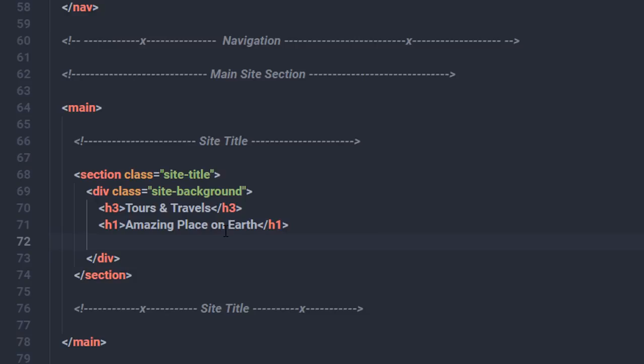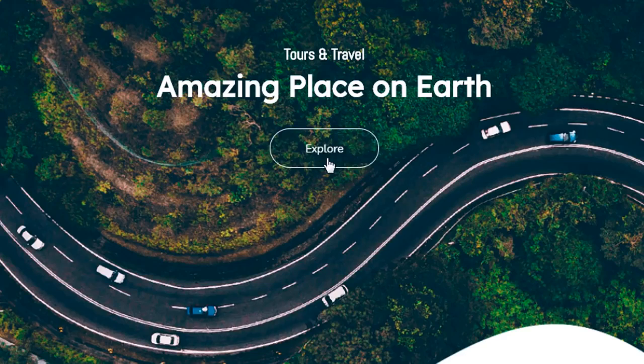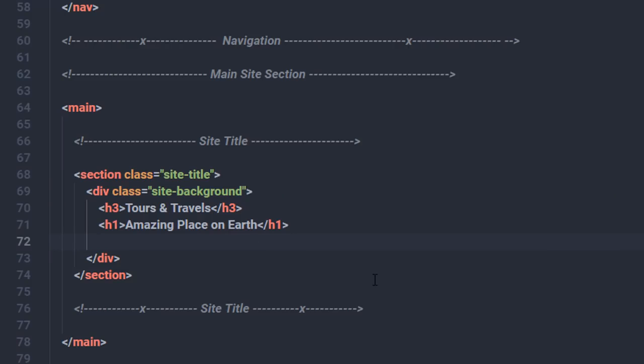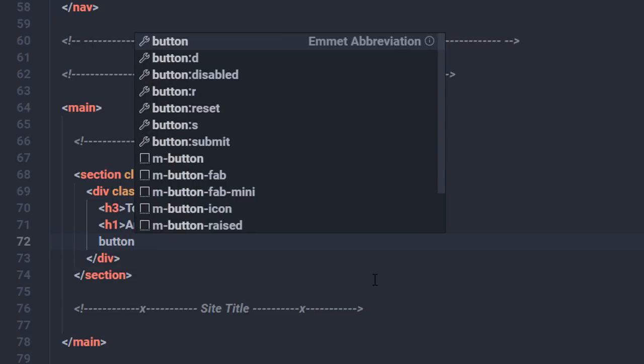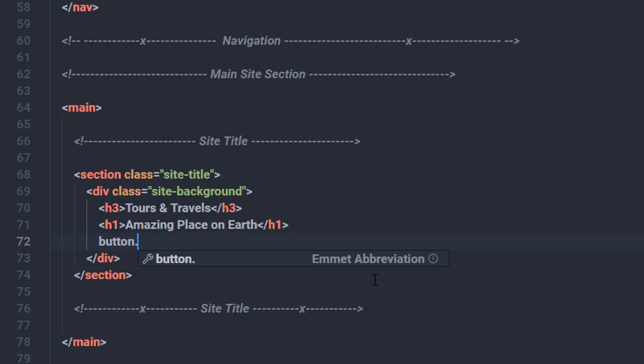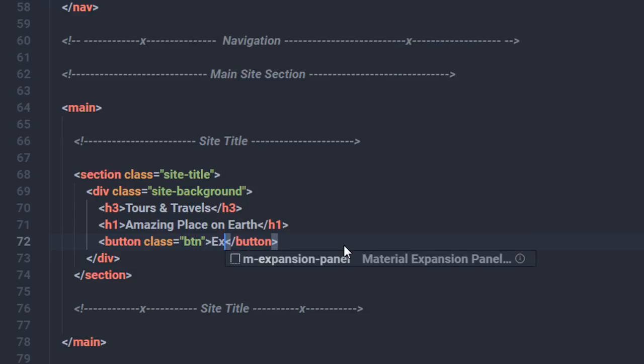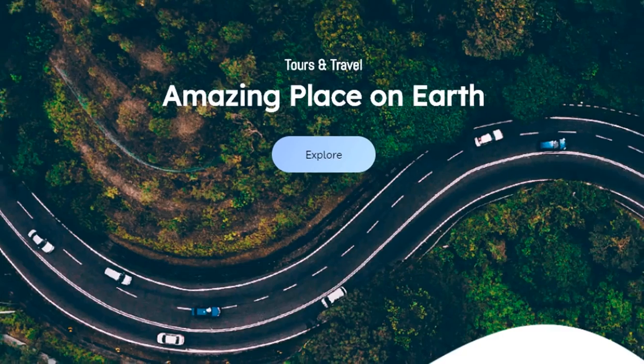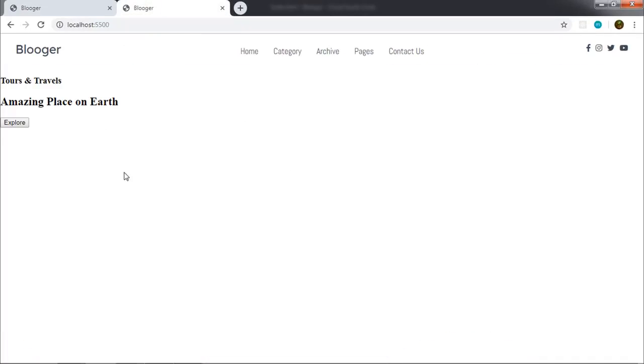Now just after that, as you can see in the finished website, you have here a button. To create a button, I'm going to use the button tag. Along with that, I want to add a class to this button. So I'm going to say btn. And to this button, I have a text here, explore. I'm going to say explore here. Save the changes. Now, as you can see, if I open my website, you can see I have this